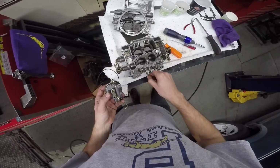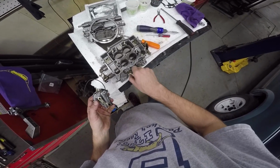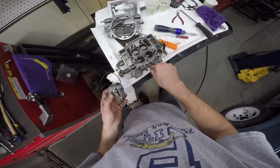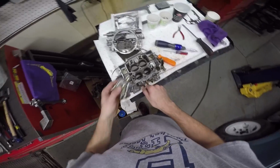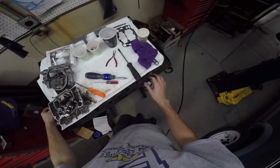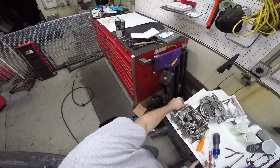I really wanted a manual one because I like the idea of futzing with it. I'm always futzing with the manual one on the Falcon. Well, that's really it, guys. I'm just going to put this back together and call this carb disassembled. Get all these little cups of all the stuff, maybe in little bags. Tony has some extra ones over there. I'll use them. Now that everything's apart,